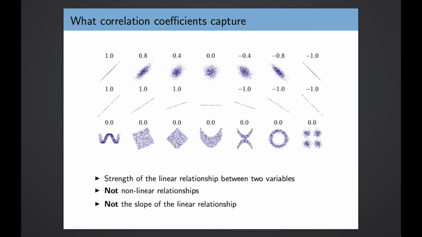And then finally in the bottom row here, we can see that there are all sorts of relationships, different shapes, for how these data can be related to one another that a correlation coefficient is not going to capture. So wavy, nonlinear relationships, a correlation coefficient isn't going to be able to capture, and all sorts of different shapes of these data clouds here, the correlation coefficient is not going to be able to tell us anything about. The correlation coefficient is only able to tell us about linear relationships, the strength of those linear relationships and whether they're positive or negative. It can't tell us about nonlinear relationships, and it can't tell us about the slope of linear